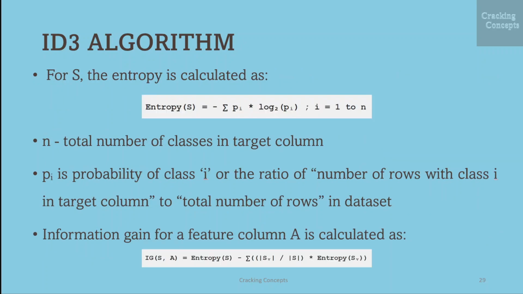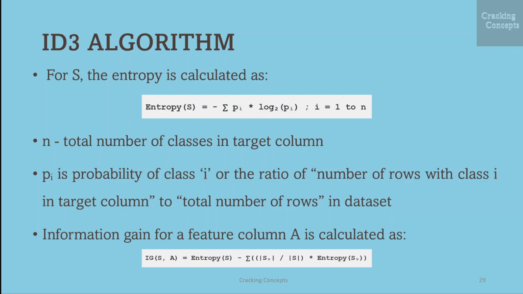We denote the data set as S. So here, the entropy will be calculated as minus sigma pi into log of pi to the base 2, where i varies from 1 to n, where n is the total number of classes in the target column. In this case, n is 2, where it is yes or no, and pi is the probability of class i, or the ratio of the number of rows with class i in the target column to the total number of rows